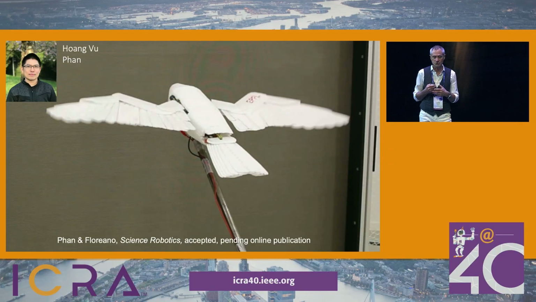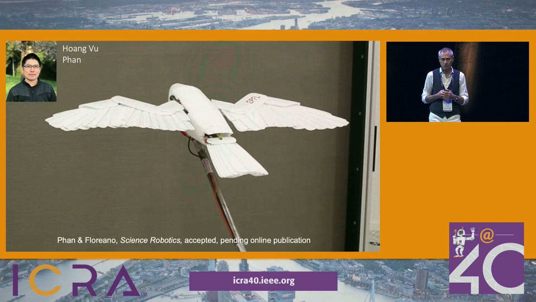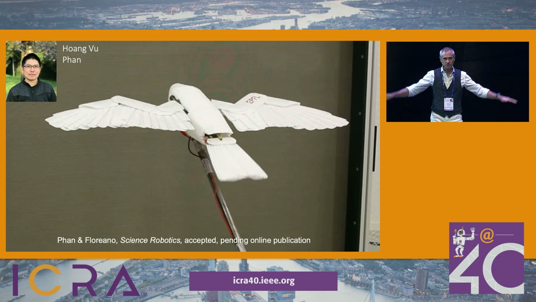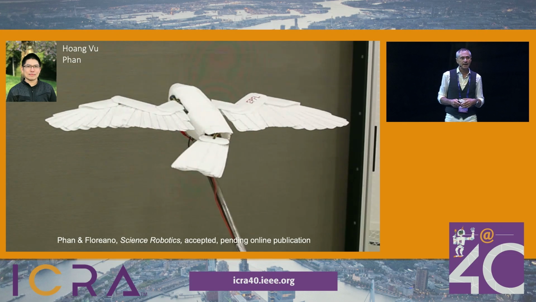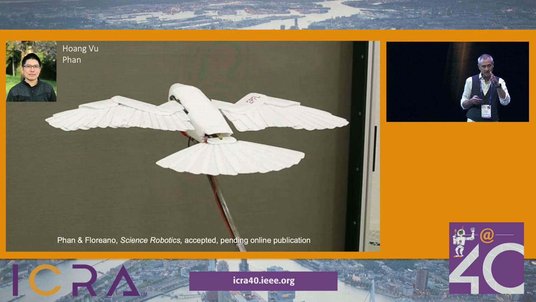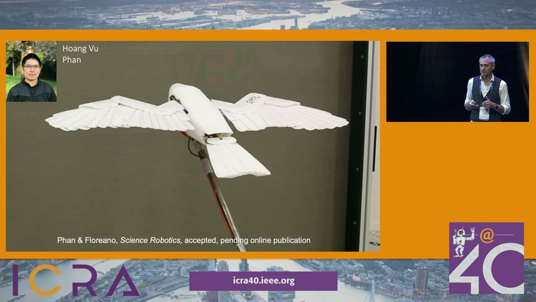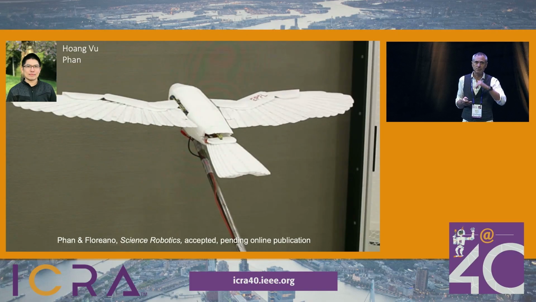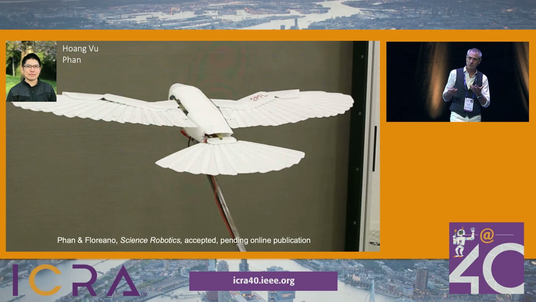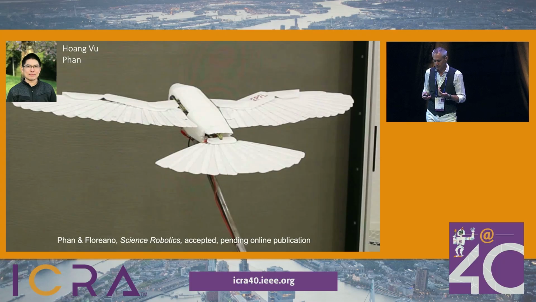actuated drone, which actually models a raptor bird. It can also move, change the dihedral angle of the wings, and does not have any longer a vertical tail, a vertical structure on the tail. It can twist the tail just like birds can. And now with this drone, we can ask a few more additional questions.